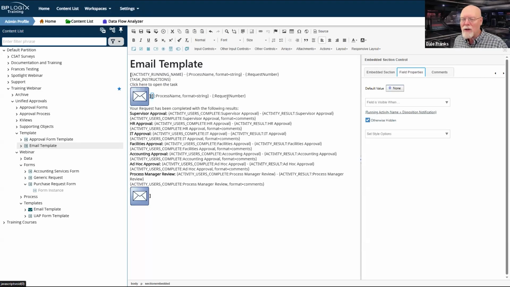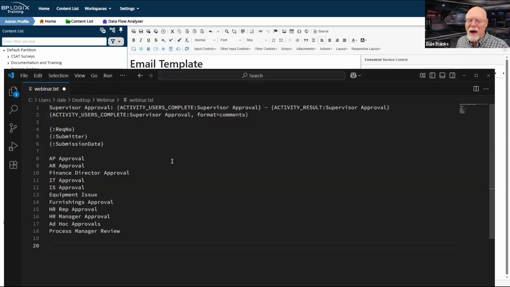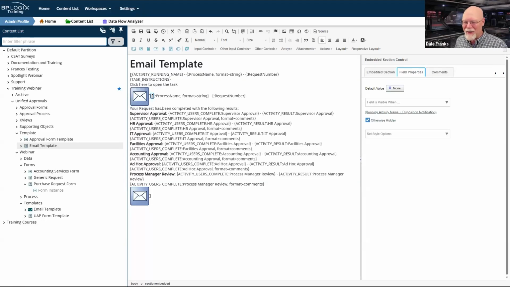So I am actually going to do something very similar to what I've done here. I can't really copy and paste it directly because the field names are different and also all of the activity names are different. But I do have it prepared to copy in a text file. So we're going to replicate something like this.